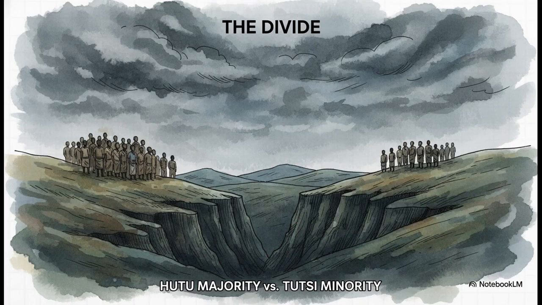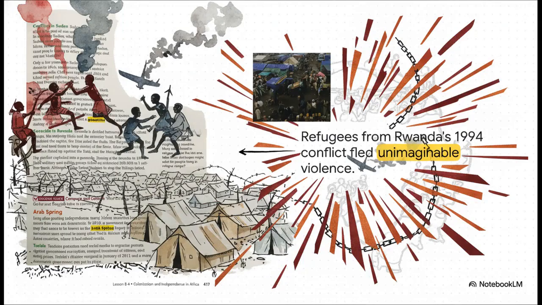Next, let's turn to the small country of Rwanda, a place with two main ethnic groups, the Hutu, who were the majority, and the Tutsi, who were the minority. Now, during the colonial period, the ruling Belgians had played favorites. They put the minority Tutsi in positions of power, which created a lot of tension and resentment between the two groups. After independence, that resentment just simmered for decades. Then, in 1994, the Hutu president's plane was shot down, and Hutu extremists took control and unleashed an absolute wave